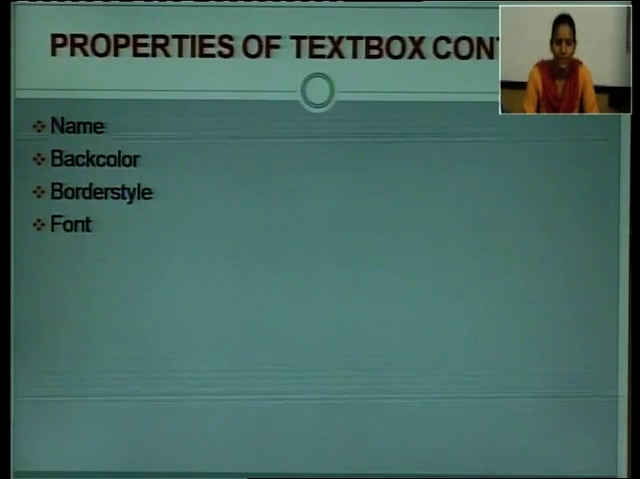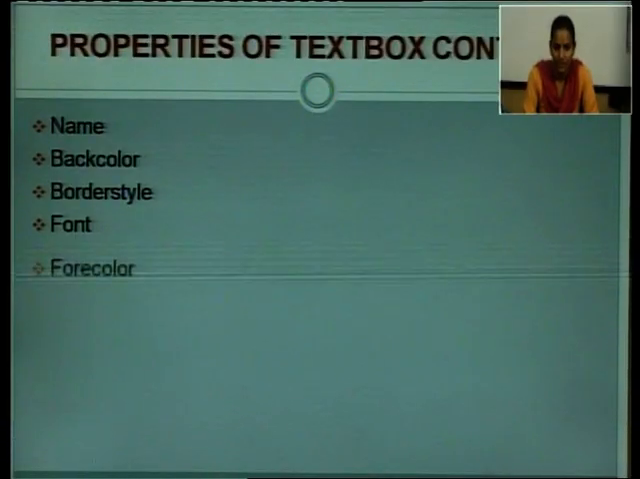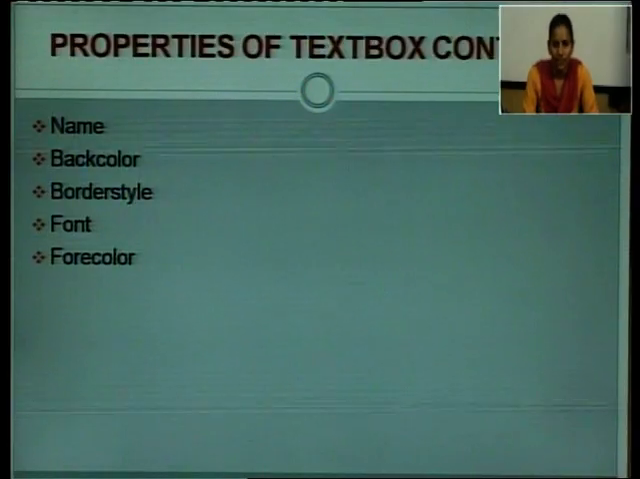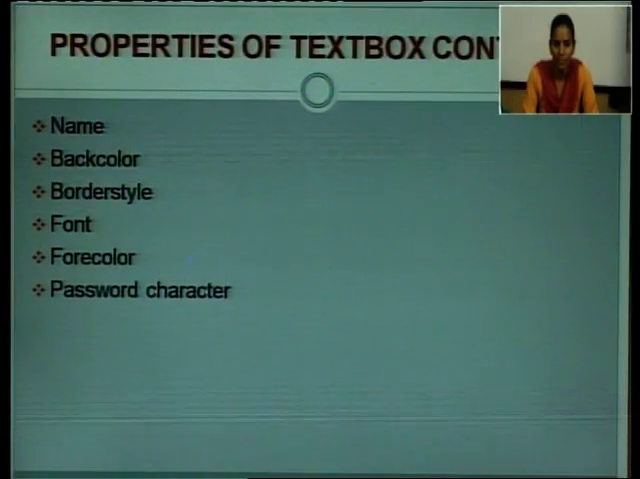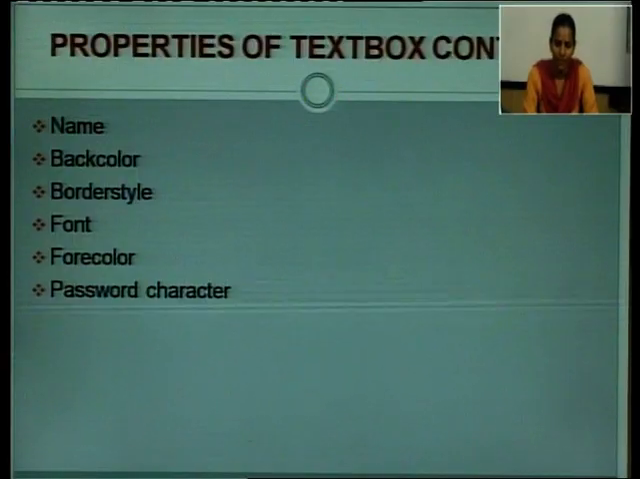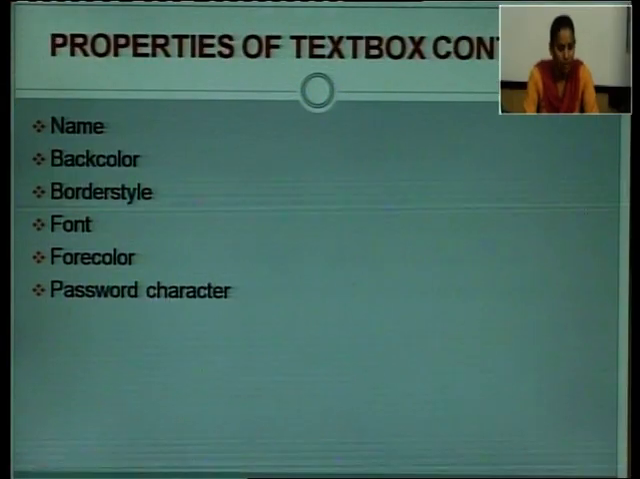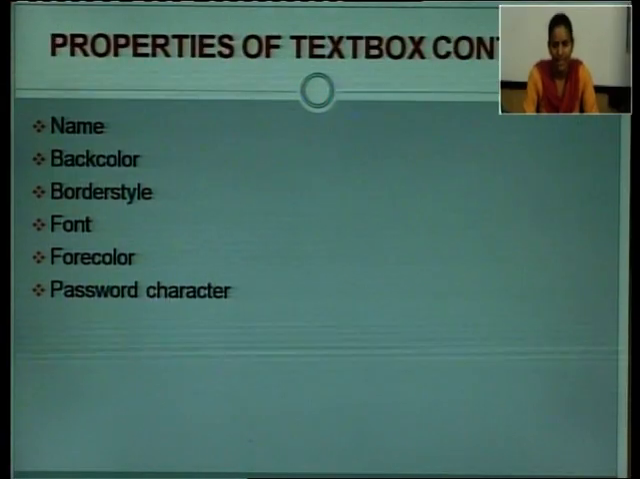We can change the font, in which font we want to enter the text. It is in bold, it is in italic, even font style. For color, whatever you are typing, in what color that text should be displayed. The most important property of a text box is the password character. Login: when you type the user ID, it will be displayed to all your nearby friends, but when you start typing the password, only the asterisk sign, hash signs or